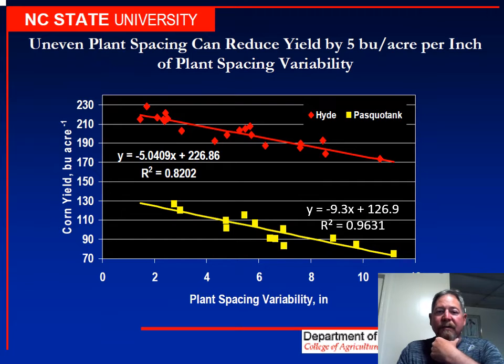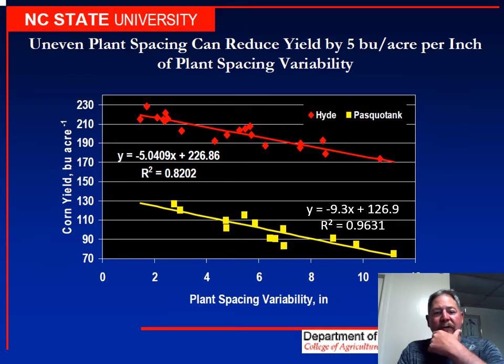The impact of that is shown in this next slide from NC State. And I think this is the useful thing: if our standard deviations are in that 2 to 3 range, so we're 2 to 3 inches off of exactly where we want to be across the field, yields aren't impacted all that much.